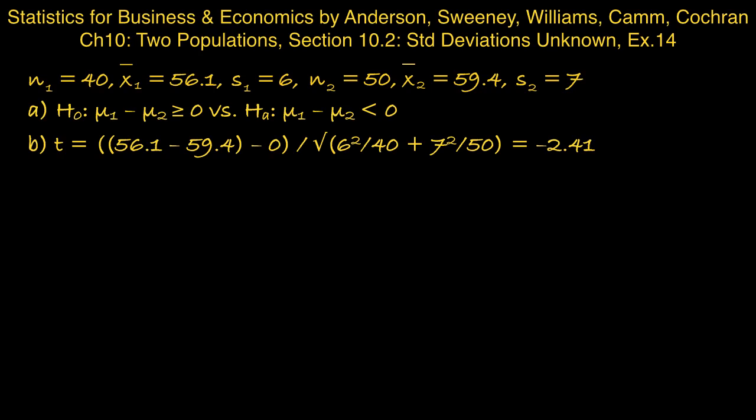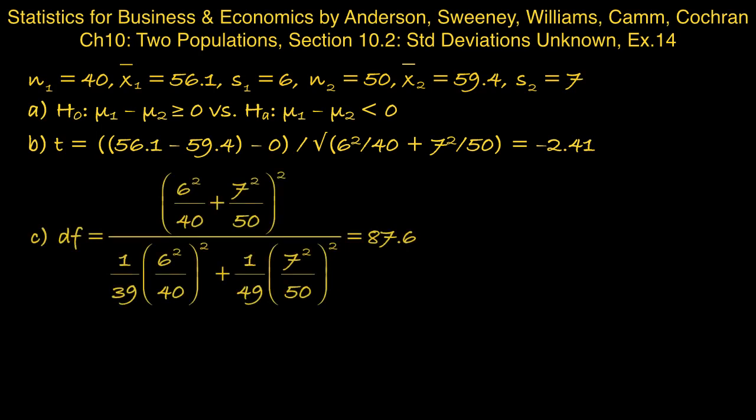Part C, what is the p-value? So for the p-value we need to know the degrees of freedom for the t-distribution, and we'll just plug in all our sample values into that horrendous formula and obtain 87.6, and then we'll round that down to 87 to use in the t-table,